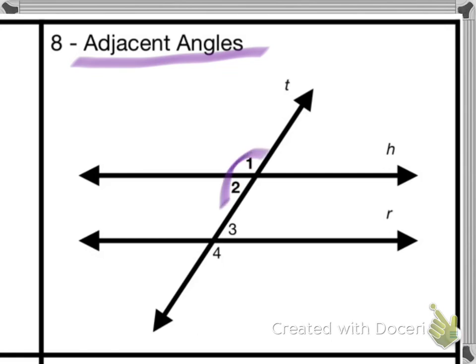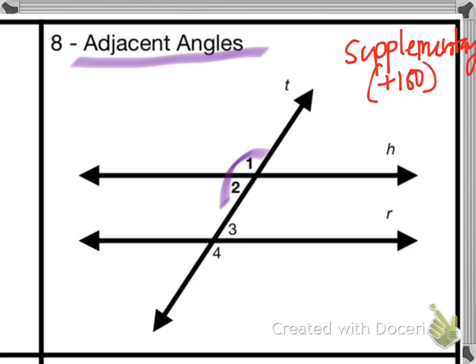And so here, when they're on the parallel lines, they're actually going to also be supplementary. So they're going to add to 180 degrees. So I'm just going to put plus 180 because they add to 180 degrees. So angle 1 plus angle 2 add